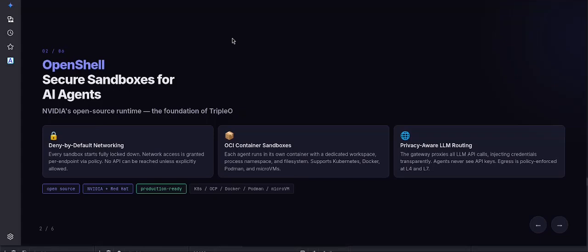Of course, it provides everything that a container provides for us: isolation of process, of file system, of namespaces, and so on. Currently, Openshell supports Podman and Docker running locally, and Kubernetes including Openshift and micro VMs. Also, it can help with API key hiding. For example, it acts like a proxy, and every request to the LLM API will go to the gateway of Openshell, which injects the API keys inside the request.